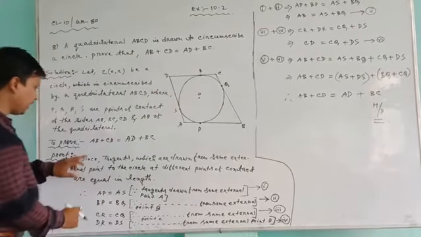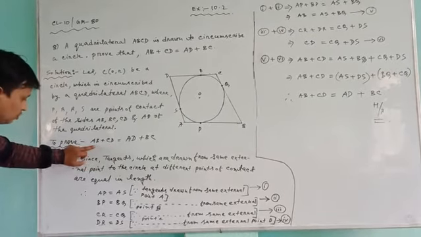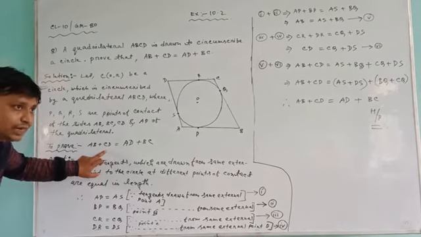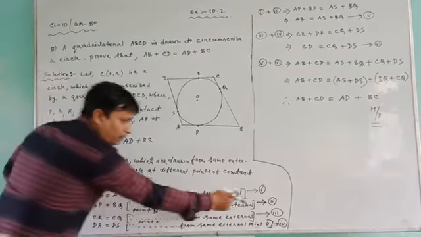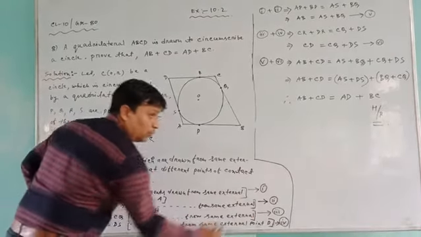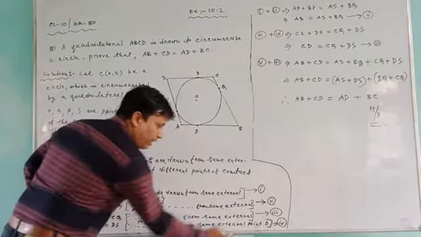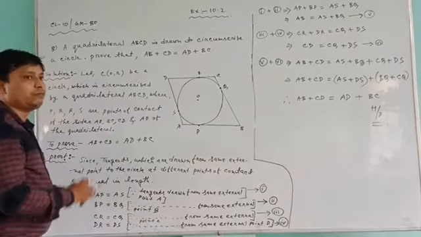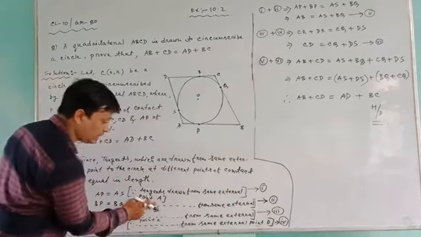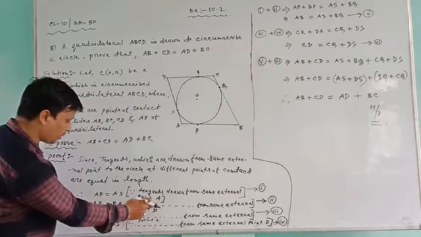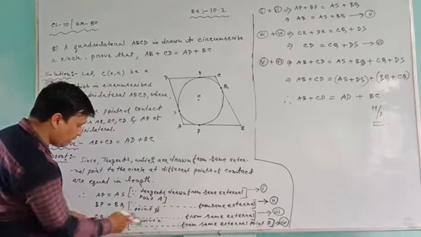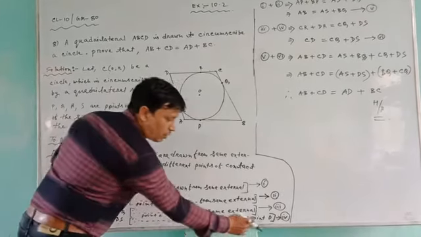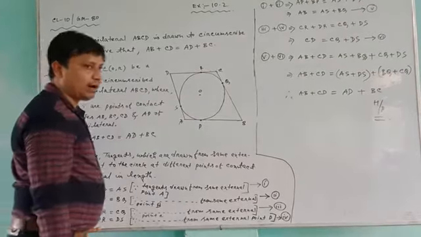So first of all we have to see that AB and CD. So two statements we have made for AB, and these two statements we have made for CD. First statement number given 1, second statement number given 2, then third statement number given 3, fourth statement number given 4. And reason is what? They are drawn from same external point. What is the external point? Already written there. This pair of tangent drawn from same external point A, this pair from same external point B, this pair from same external point C, this pair from same external point D. So that's why they are equal.